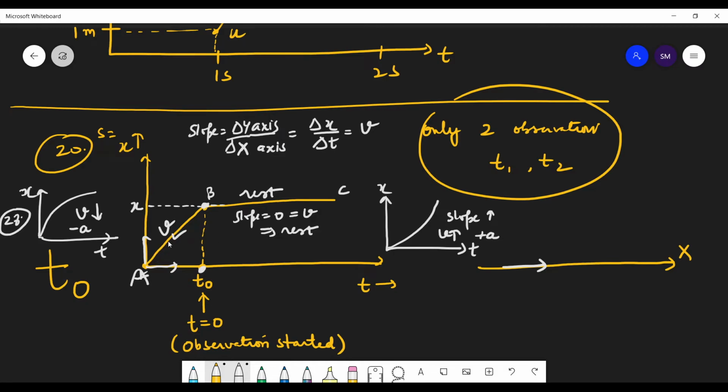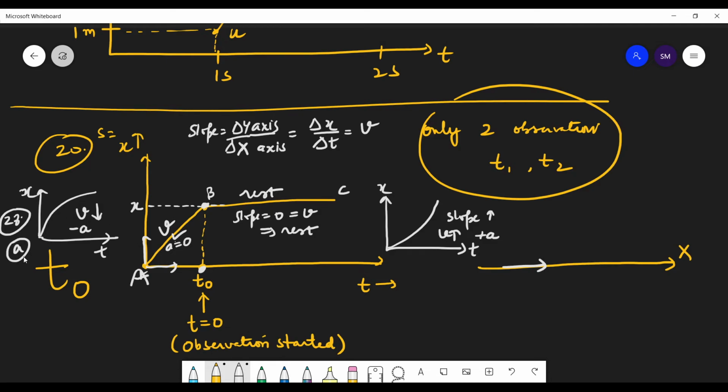और इस केस में एक्सेलरेशन क्या होगा? कांस्टेंट वेलोसिटी के केस में a इज इक्वल टू जीरो, क्योंकि वेलोसिटी चेंज ही नहीं हो रही। भाई वेलोसिटी चेंज नहीं हो रही तो एक्सेलरेशन कहां से आ जाएगा? क्लियर? तो इस केस में एक्सेलरेशन नेगेटिव है क्योंकि वेलोसिटी डिक्रीज हो रही है। इस केस में एक्सेलरेशन पॉजिटिव है क्योंकि वेलोसिटी इंक्रीज हो रही है। और इस केस में वेलोसिटी इंक्रीज ही नहीं हो रही तो एक्सेलरेशन क्या हो गया? जीरो। तो इस केस को कैसे डिस्क्राइब करेंगे स्टूडेंट्स?